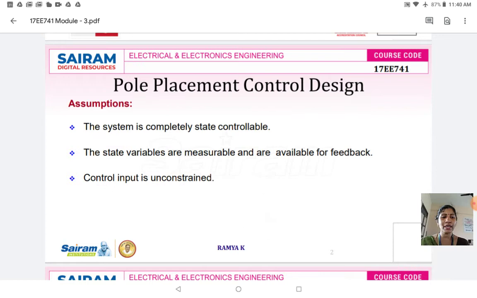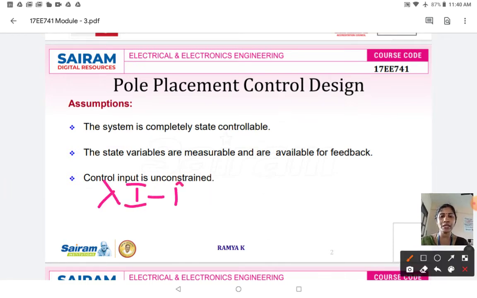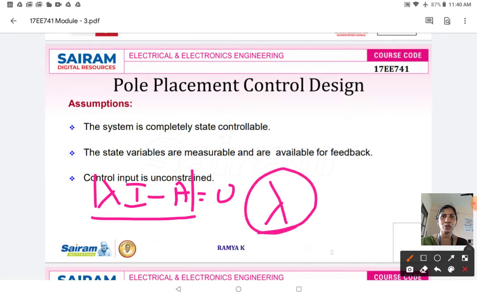So in case of the characteristics equation for an open loop system, the equation is going to be determinant of lambda I minus A equal to 0. So if you find the roots of this particular characteristics equation, you will get the eigenvalues, and these eigenvalues are nothing but the poles. Now we need to place these poles at the right position to define the complete stability of the system. Therefore, the use of state feedback is very important, because it permits us to place all the poles of the characteristics equation at any desired location by means of the state feedback gain matrix.